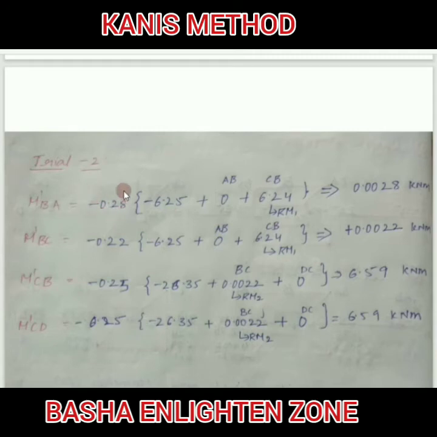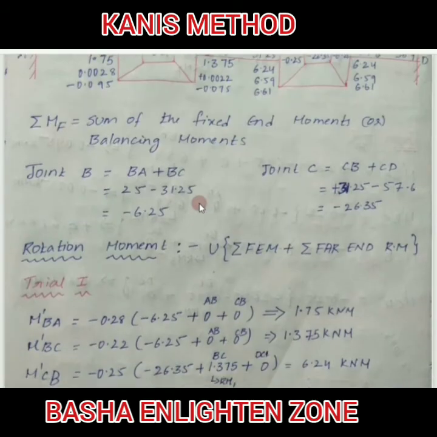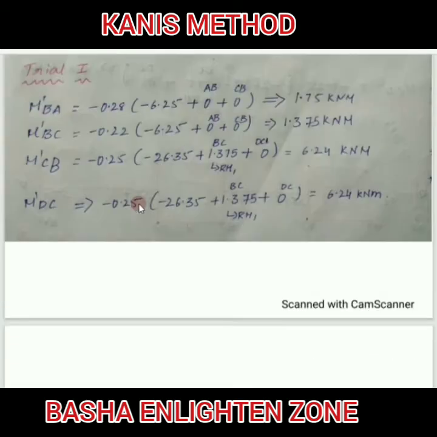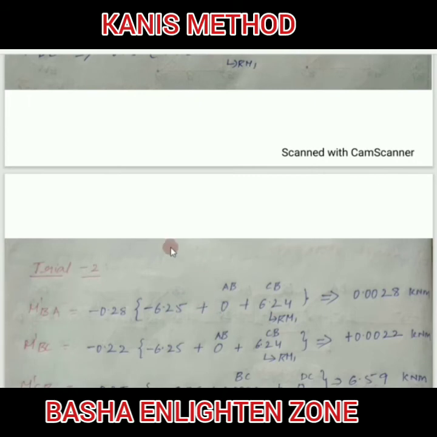So what again here? M bar BA, movement U equal to minus 0.28, times the sum of the fixed moment, which is minus 6.25, plus the sum of the foreign rotation moments. So see here, for BA only the first 4 rotation moments will be there. Assume there will be only these 4 rotation moments, not these 2. After simplifying, you will get these 2. So for BA, AB is the foreign rotation moment. Here it will be 0. I clearly mentioned, for AB it will be 0.